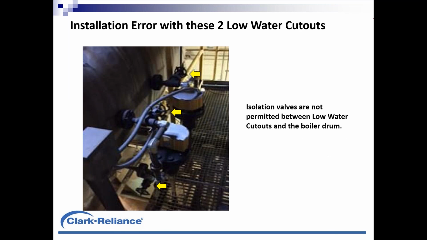Here's an error with low water cutouts on a CSD1 application because CSD1 does not permit the use of isolation valves between low water cutouts and the boiler. The reason being, we could have an unauthorized person close a valve, trip a boiler, and maybe the operator in a remote location might not know what's happening. That's just one example why those valves are not permitted between low water cutouts and the boiler on a CSD1